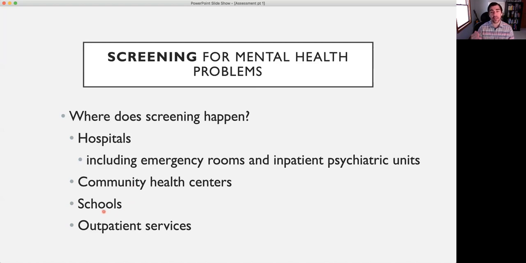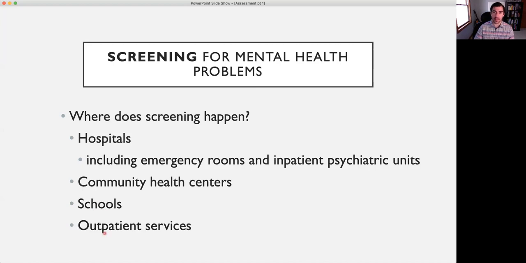And there's different levels of screening that might happen. One of the broadest levels would be universal screening. This may be every student in a school, or every student in a grade, or every student in a classroom receiving a screening measure, some screening questions about their mental health. The goal would be to decide, again, who are the kids that maybe need some more resources, maybe need some follow-up attention in terms of their mental health.